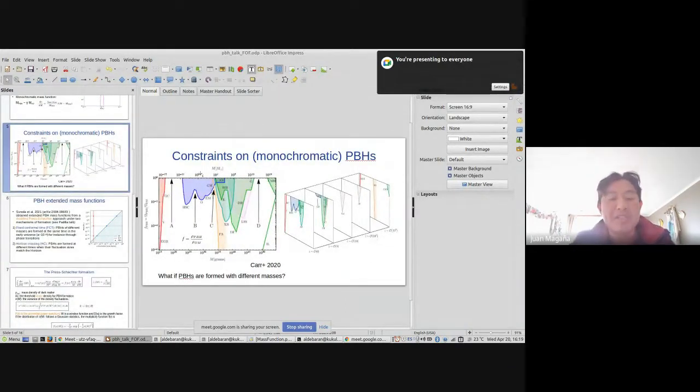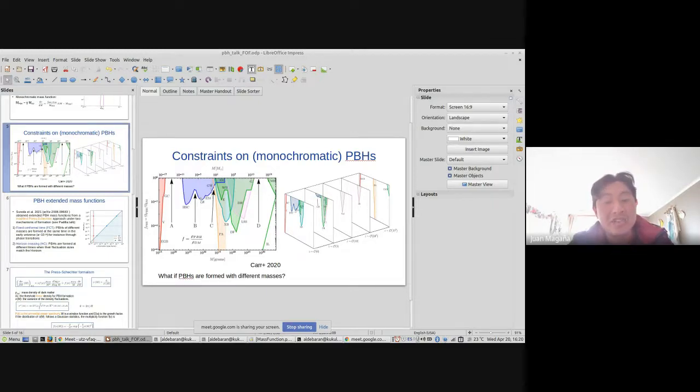observe this plot. Here you can observe different lines. For example, the blue lines represent a physical process. In this case, a strong lensing constraint. This is a filter function, a statistical function, which takes into account the physical process involved, which depends on the mass of the primordial black holes.